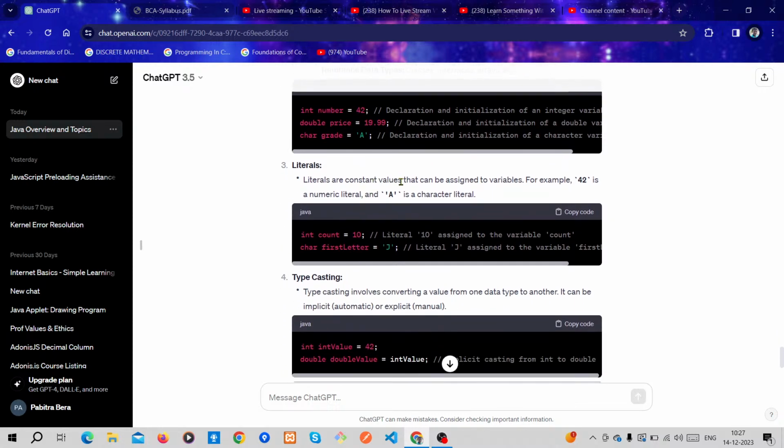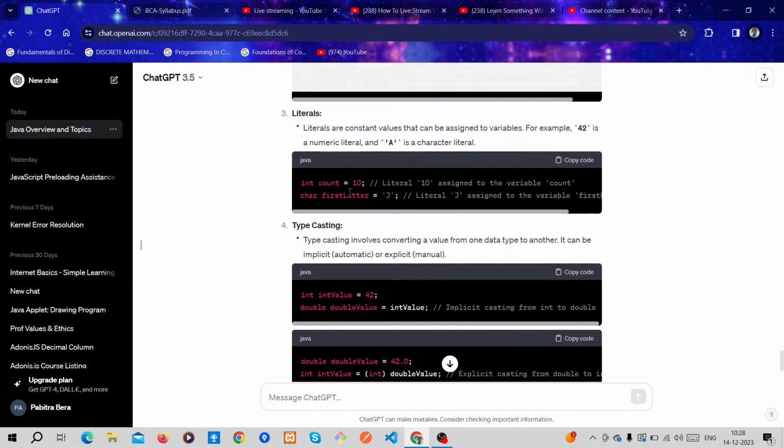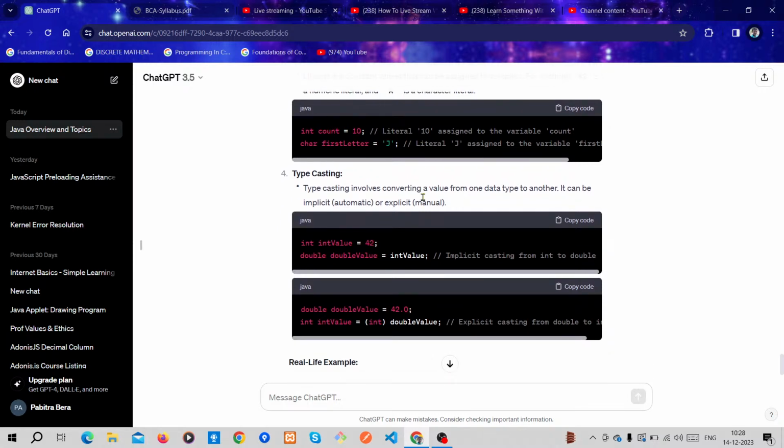Literals are constant values that can be assigned to variables. For example, 42 is a numeric literal, and 'A' is a character literal. Okay, int count = 10, where 10 is a literal, and char firstLetter = 'J' is also a literal.